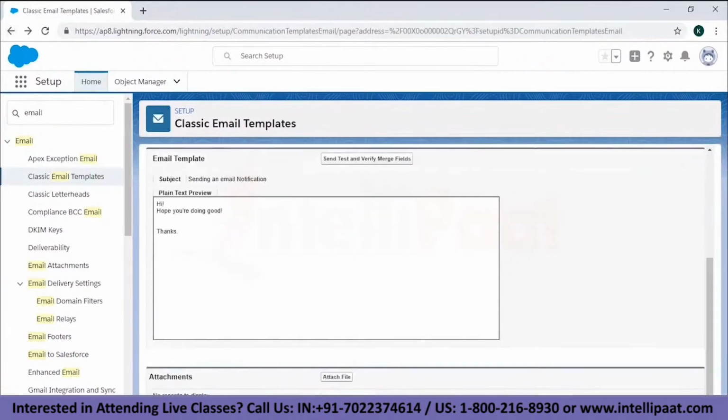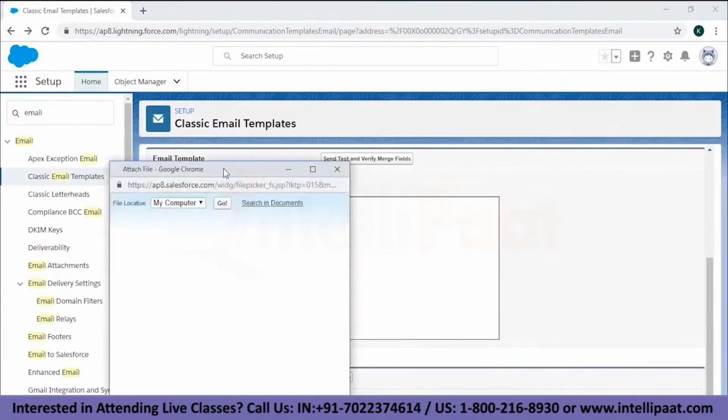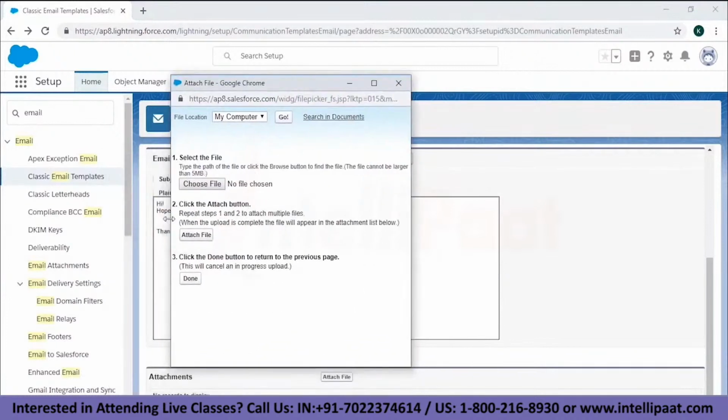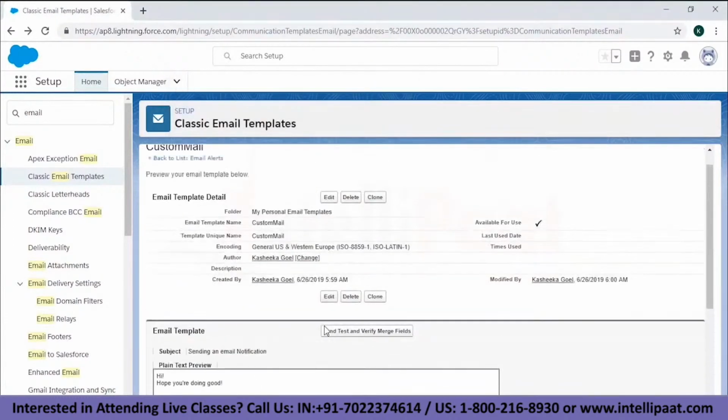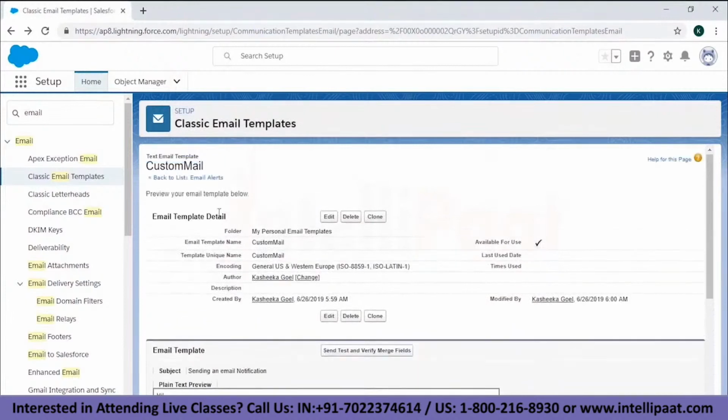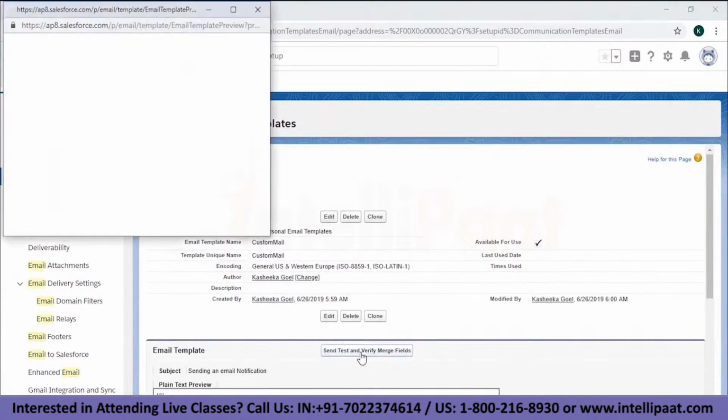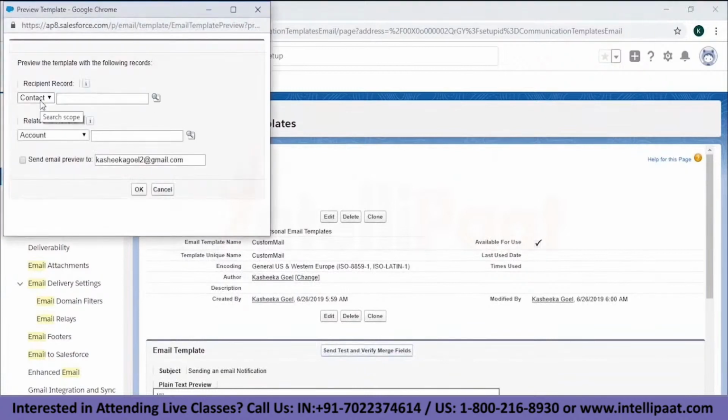Okay, and then you can also add attachments to it if you want to. You can select the file, click on the attach button and click the done button to return to the previous page. You can attach the file as well, and you can also edit the merge field. Now we're going to send, test and verify merge. This is the preview template which can be sent to the records.